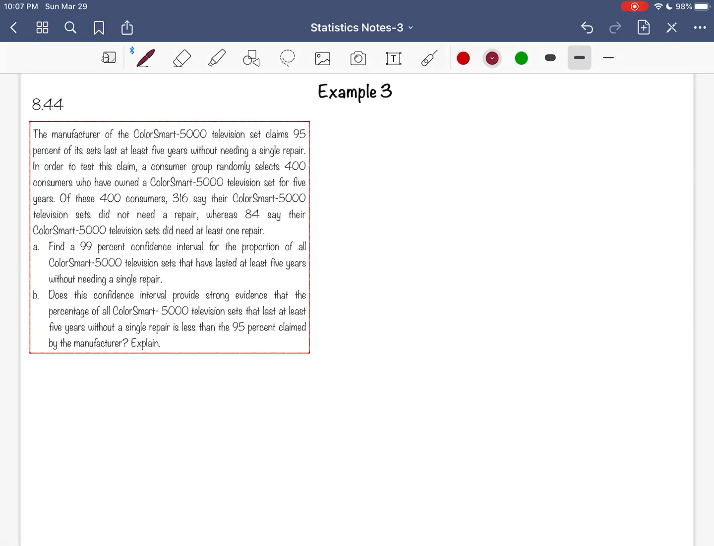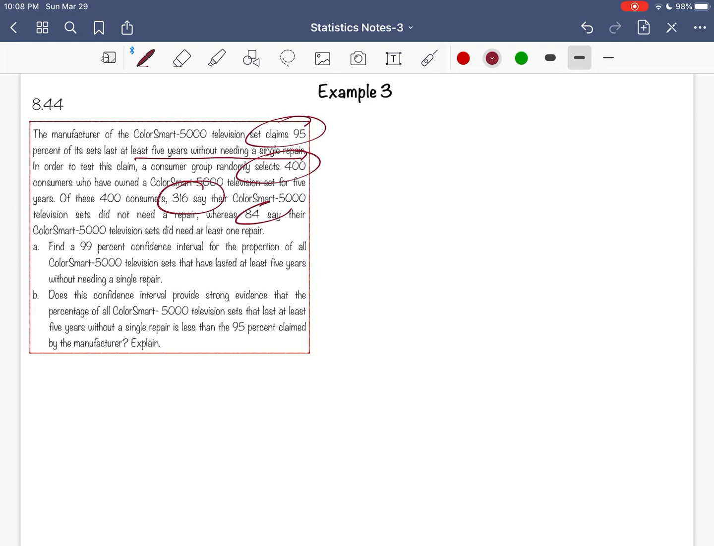So example 3 from chapter 8, this one deals with proportions. The subject of the problem here discusses a color television set in which the manufacturer claims, this is important for chapter 9 later on, that the sets they make last at least 5 years without needing a single repair. So a consumer group goes out and finds a sample of 400 of those customers who bought those TVs, and the results showed that 316 say that their color TV didn't need a repair in the 5 years,